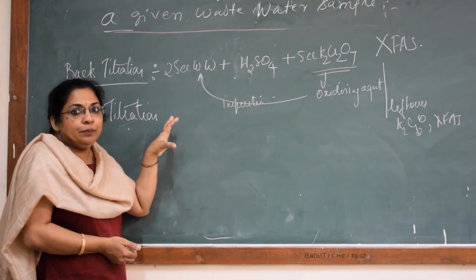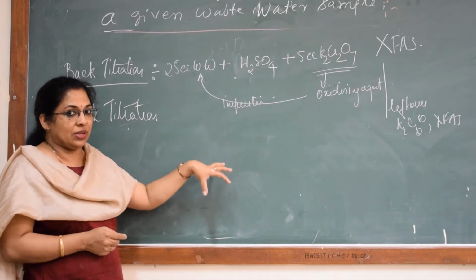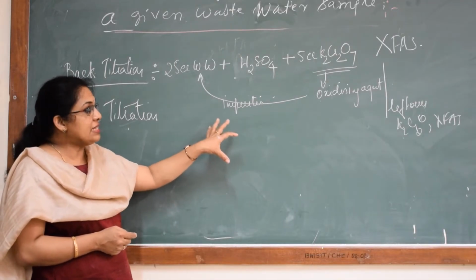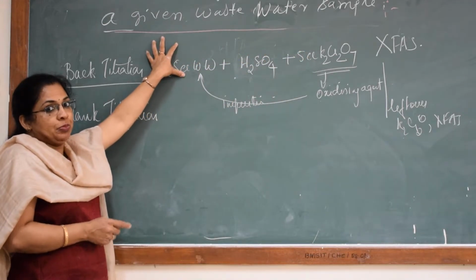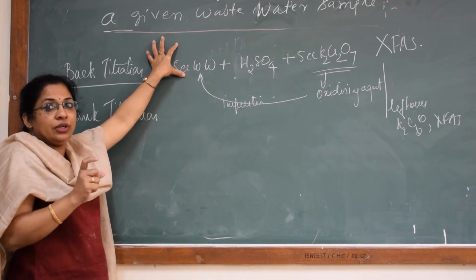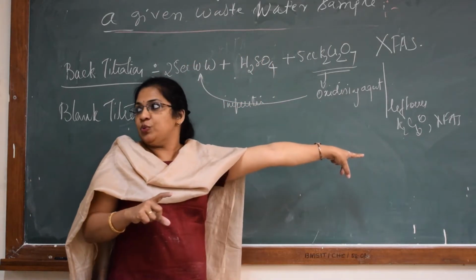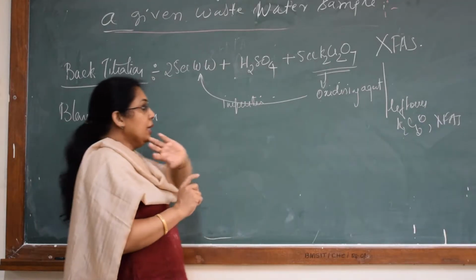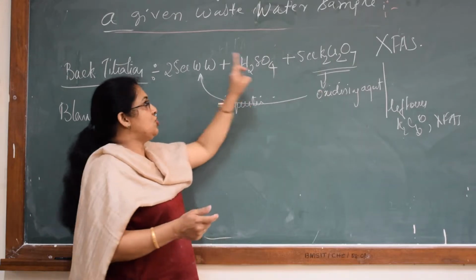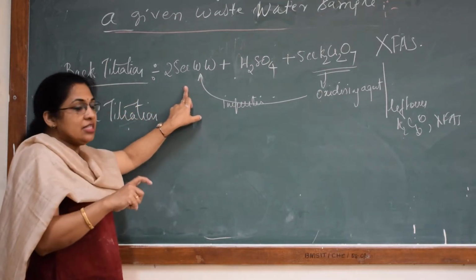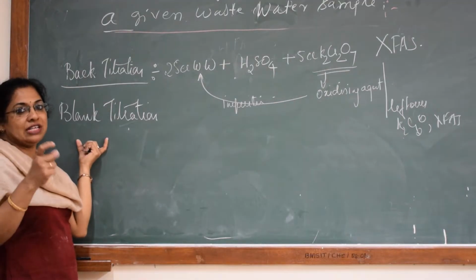Actually, what is the COD? COD is the amount of impurities present, right? But the amount of impurities present is actually the amount of dichromate which is reacting with your waste. But that information you are not getting over here. You get the information about what is left over K2Cr2O7, which is not required for us. So how to find out the amount of dichromate which is actually reacting with this wastewater can be found by one more titration called back titration.